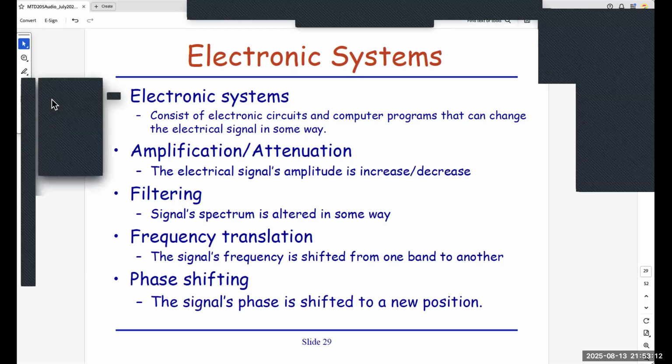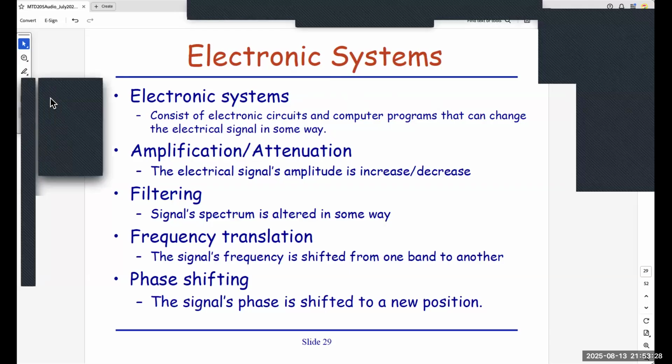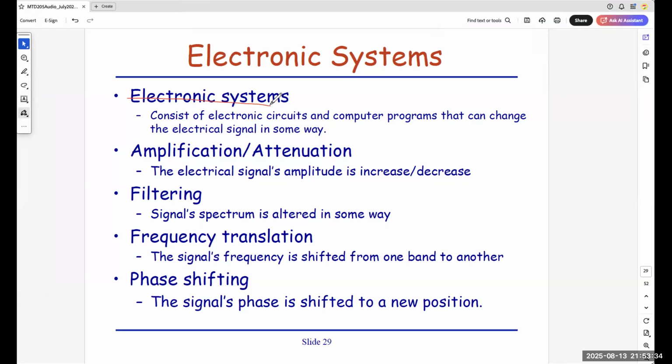We will also talk about MP3 and MP4 in chapters 3 and 4 later on, and how MP3 and MP4 actually try to fool your ear because your ear has some limitations. So here, electronic system. An electronic system is designed by humans. It consists of electrical parts and software programming that can change the representation of signals in some way. For example, as I just mentioned, male to female, female to male, or human to cat or dog sound can also be done, so you know how to manipulate.